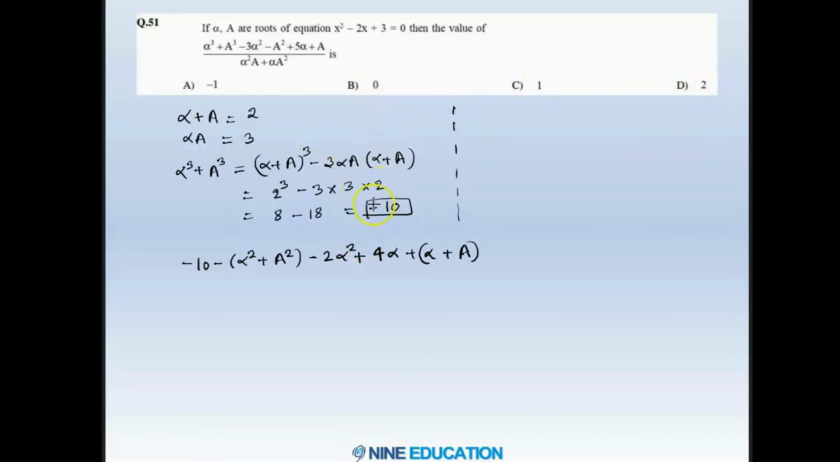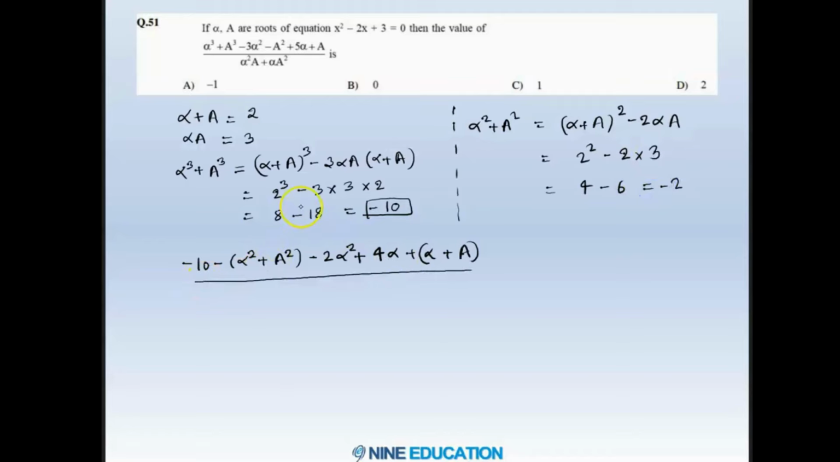Now since we require alpha square plus a square, that also I can calculate by using alpha plus a whole square minus 2 alpha into a, which is going to be 2 square minus 2 into product of roots, which is 4 minus 6, that is minus 2. Now let's substitute all these values here. In the denominator you can take alpha a common, so it will be again alpha plus a. Now if you observe the values, this is minus 10 minus of minus 2,